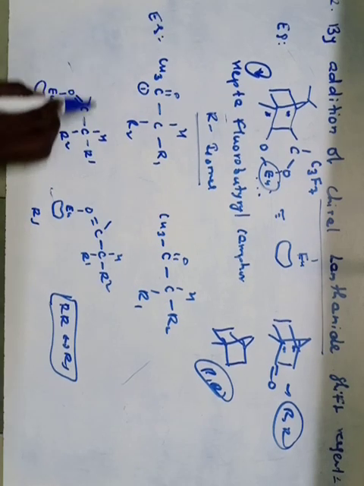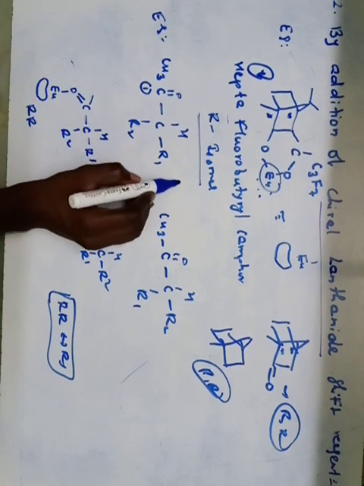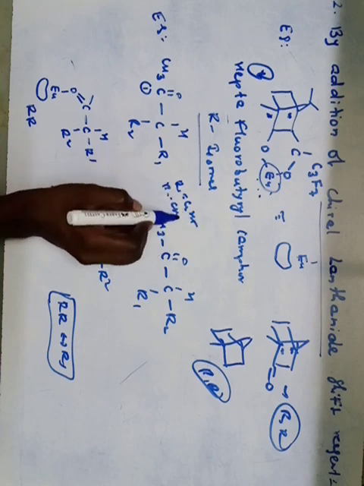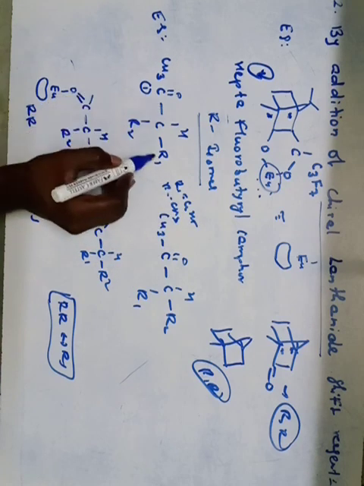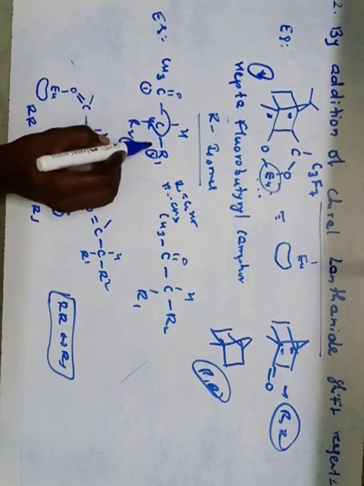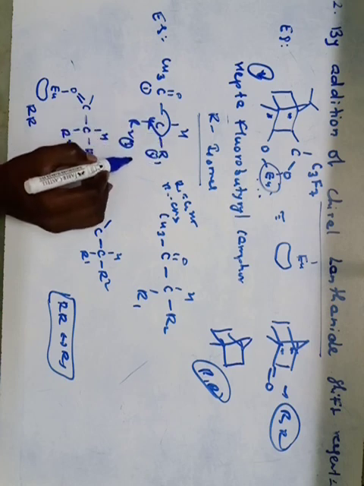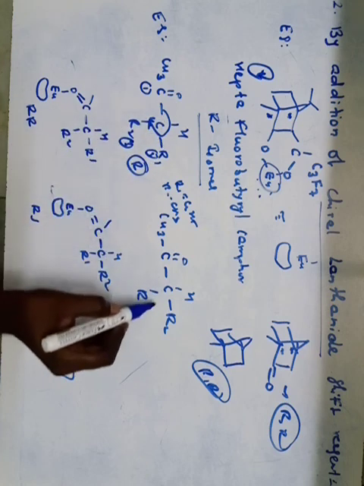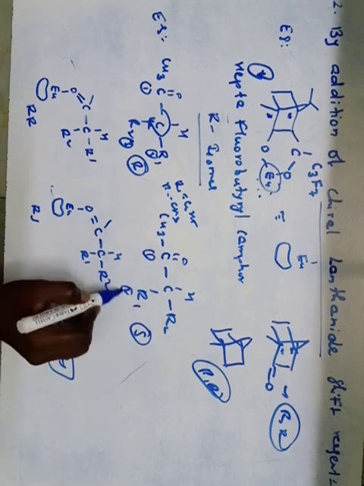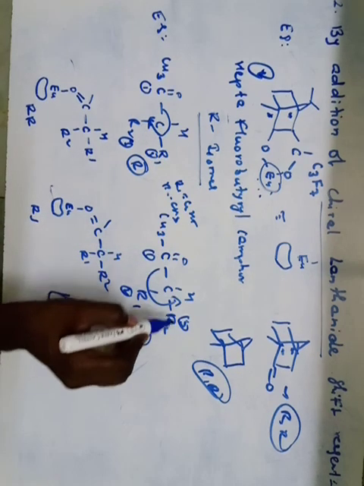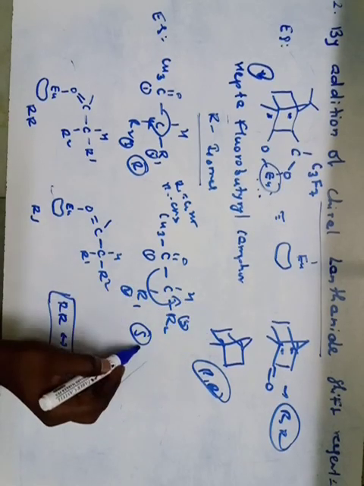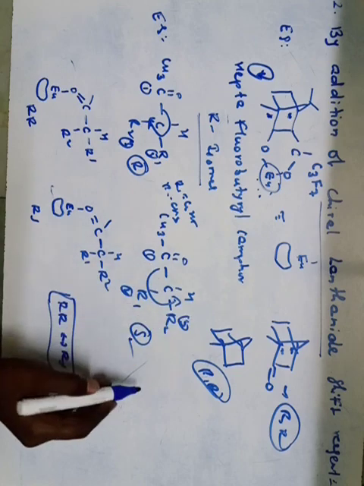Here, if R1 equals C2H5, an ethyl group, and R2 equals a CH3 group, then what will happen? 1, 2, 3, the fourth priority group is in a vertical line. Vertical line means it is an R configuration. Similarly, it will be an S configuration. See, this is 1, here 2, this is 3, anti-clockwise direction. The fourth priority group in a vertical line, it will be anti-clockwise direction. That means it is an S configuration.